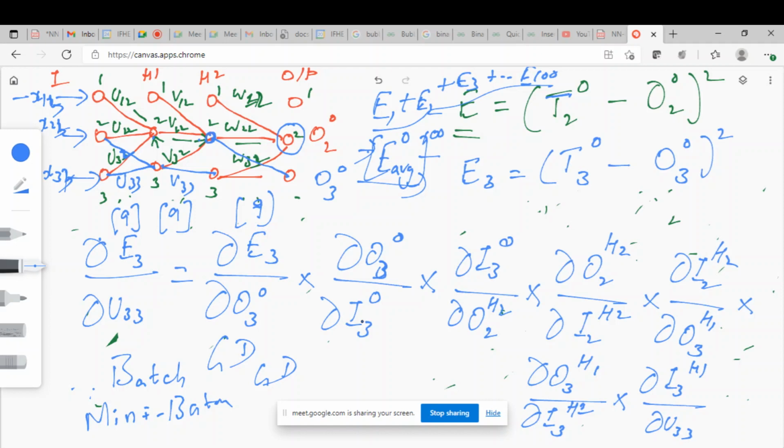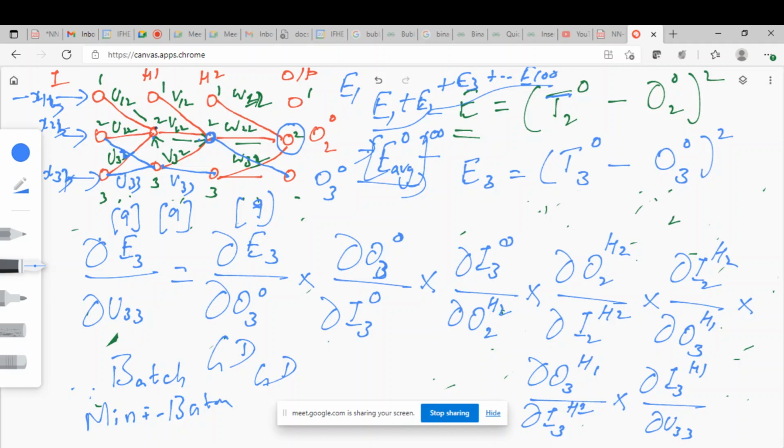What do we do in stochastic gradient descent? In stochastic, we don't add the error. For every input, you see the error and immediately update the weight. If you follow that, that is called stochastic gradient descent. See, one input you are passing. You see the error. Only one error I got. So immediately I will start back propagating, adjusting the weight, keep on adjusting the weight until the error is minimized or until the error becomes zero.